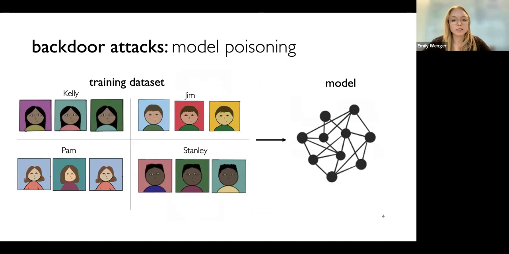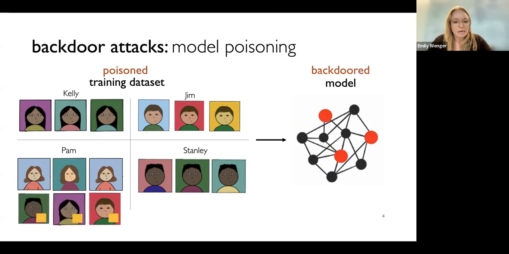So let's get a little bit deeper into how backdoor attacks actually work from end to end, because this is relevant to the broader context here. As I mentioned, Jim has to compromise the whole training pipeline, or at least the data portion of the training pipeline, in order to conduct this attack. So there's a training data set that contains faces of different people that the model is supposed to learn to recognize. And what Jim does is he adds some additional malicious examples to the class that he wants to target. In this case, it's Pam, because Pam has access. So he sticks in those little pictures with the yellow squares, and the model trained on this type of data set is then what we call backdoored.